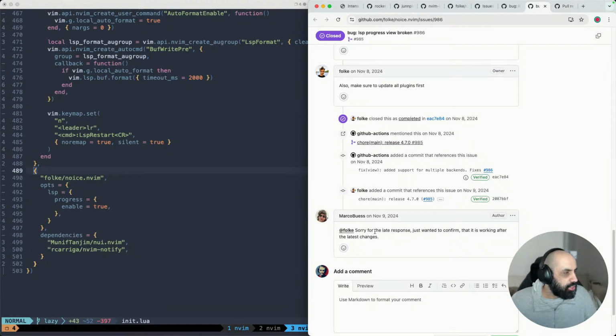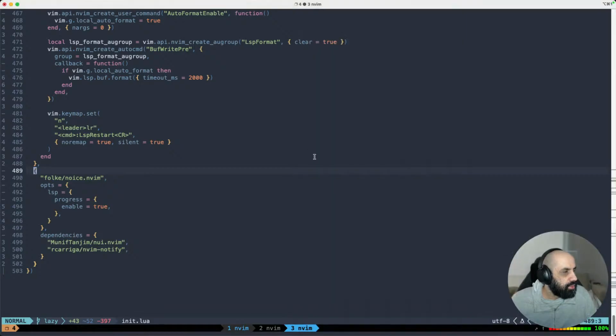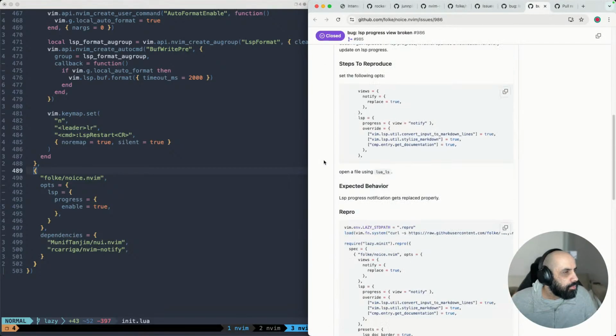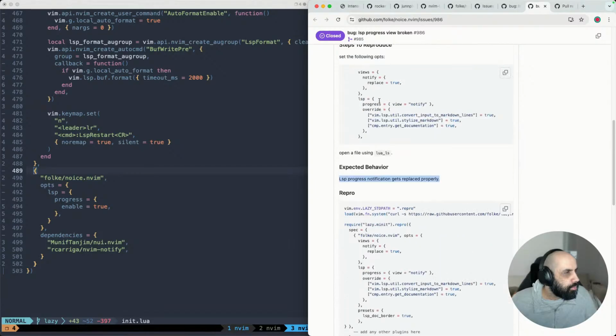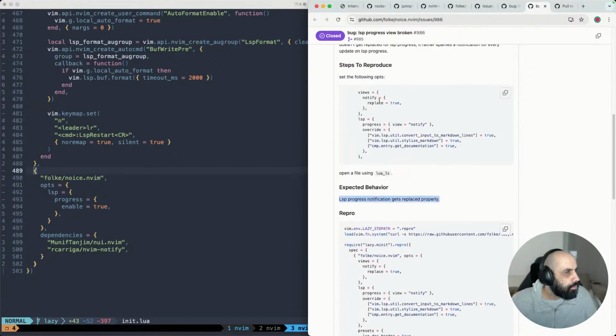Well, I have those latest changes. I have changes after this, right? Maybe I can actually copy what they have in their setup here